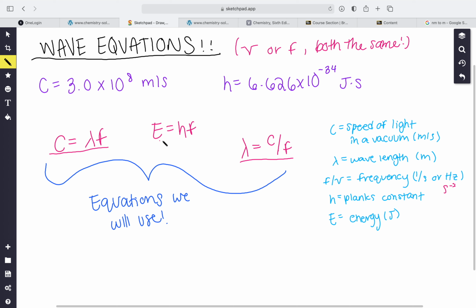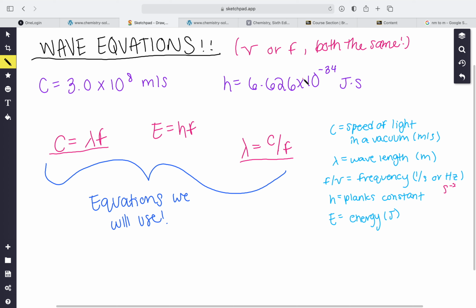The next equation is that energy is equal to Planck's constant times frequency, right? So energy in joules, Planck's constant is again just a little number that they came up with and figured out and did all these experiments with in order to find the relationship between energy and frequency of a wave. So we're going to be using these equations throughout these next